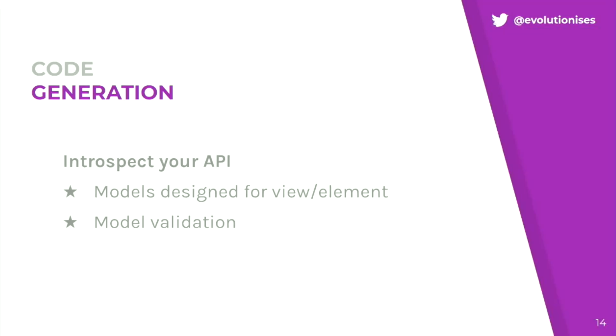Cool. So I want to talk about some of the super cool stuff that you can do when you have an API that is specifically for that one client experience, right? There are a wealth of tools available. Swagger allows you to generate TypeScript out of your API. You can have a model designed for a particular view or an element, right? If you're writing in React, you can have an endpoint that is designed specifically for that React component that gives it everything it needs. And you can just straight up generate the TypeScript definition of that.